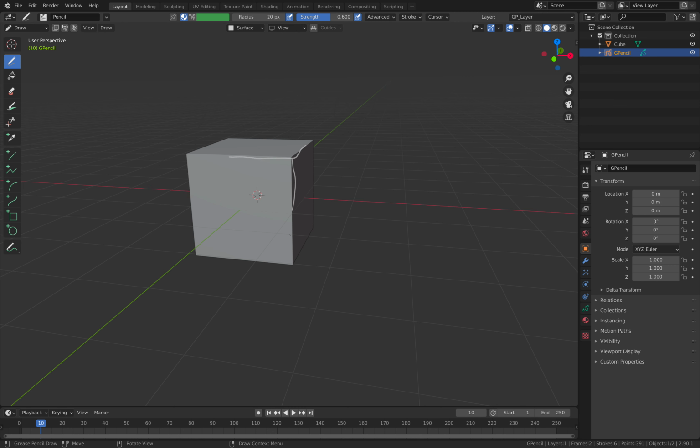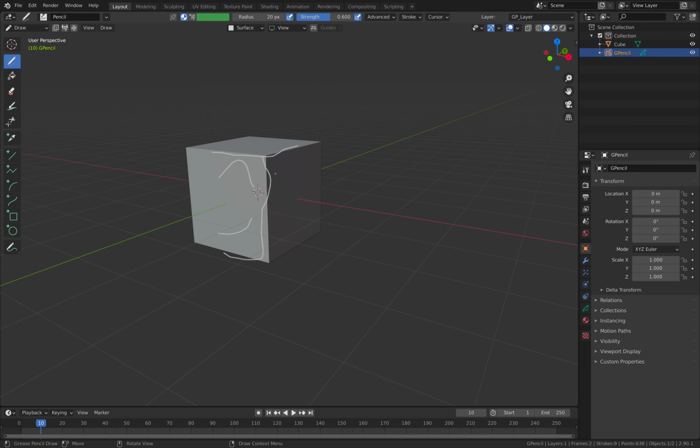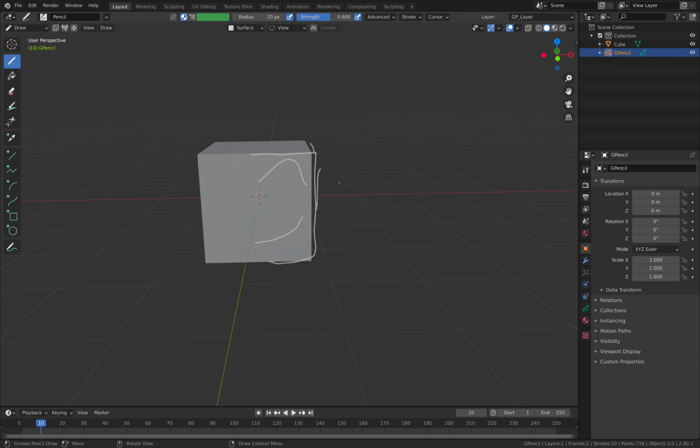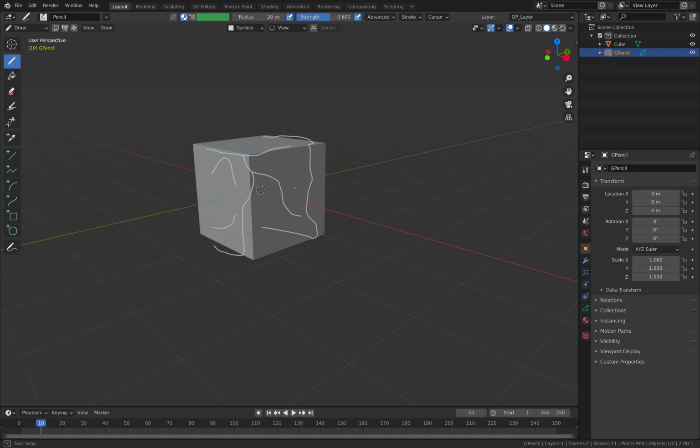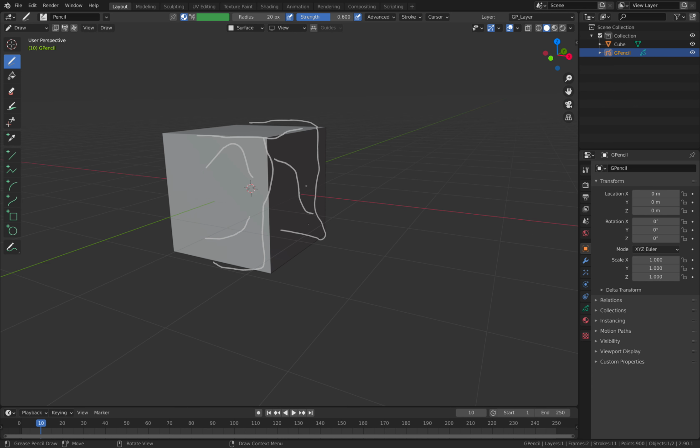This is nothing new, of course. You can try it yourself. I'm just gonna draw it on the right side because we can always mirror it. And yeah, the nice thing about drawing on the surface is that it follows the surface of the 3D objects. Okay, so that's the next thing. Actually,